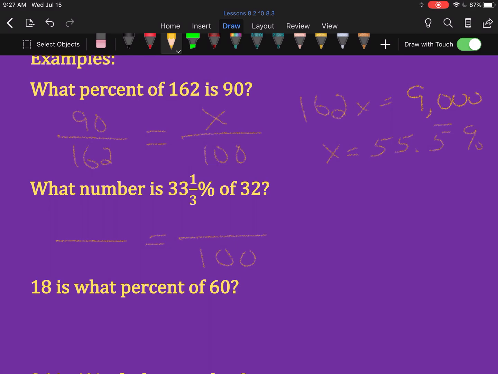What number is 33 and a third percent of 32? So I don't know is. Well, if I see a percent, it's always top right. Of 32. Of goes on the bottom left. All we got to do is cross multiply and divide once we get it set up. 100 times x is 100x. 33 and a third times 32. I am absolutely using my calculator to do this. And it's giving me